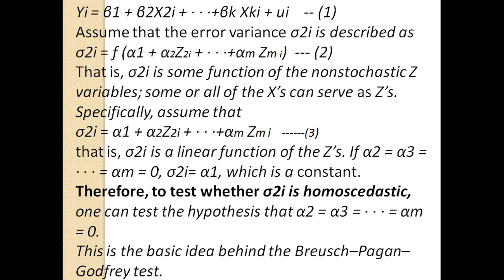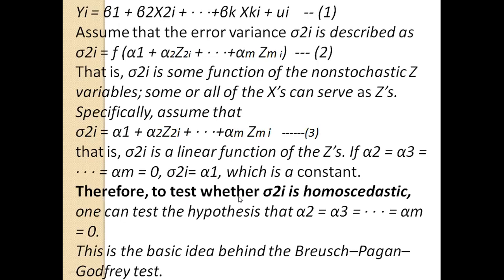For example, see, y is equal to a plus bx. If you take y is equal to 3 plus 2x, if x is equal to 0, how much are you going to get? Only 3. If x is equal to 0, y is equal to 3 plus 2 into 0, so you will get only 3. So that is called the variance of the error value is equal to alpha 1. That is, y is equal to a. Here the variance is equal to alpha 1, which is a constant, which cannot be changed.